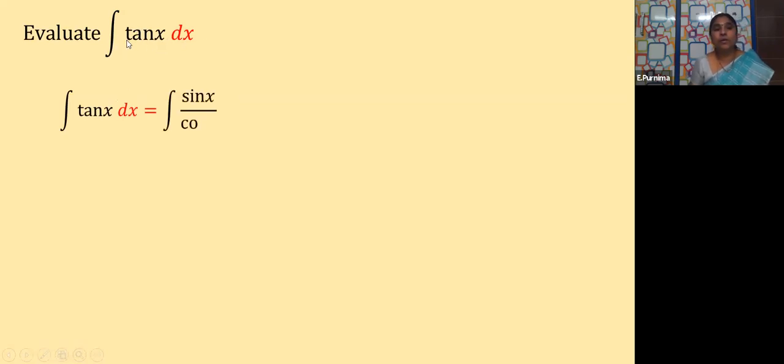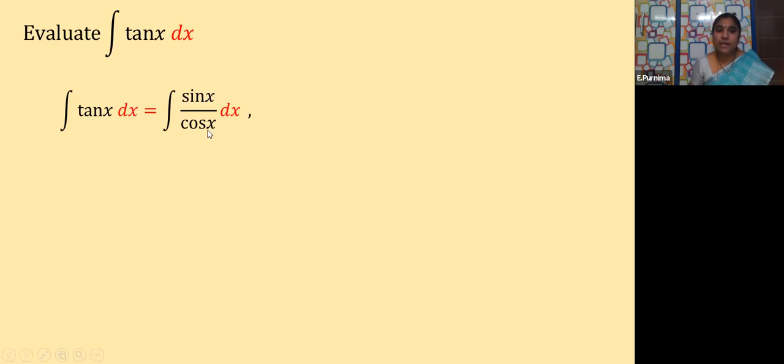Clear, children? So now here with this important rule, one interesting thing we are going to learn now. We are going to find out integral of tan x. See, till now you know the formulas for integral of sin x, integral of cos x, integral of secant square x, cosecant square x. Yes or not? But till now you didn't see the formula of integral of tan x. So how do you find out this integral of tan x? We are using the rule you have seen just now. Using that, we are trying to find out integral of tan x, children.